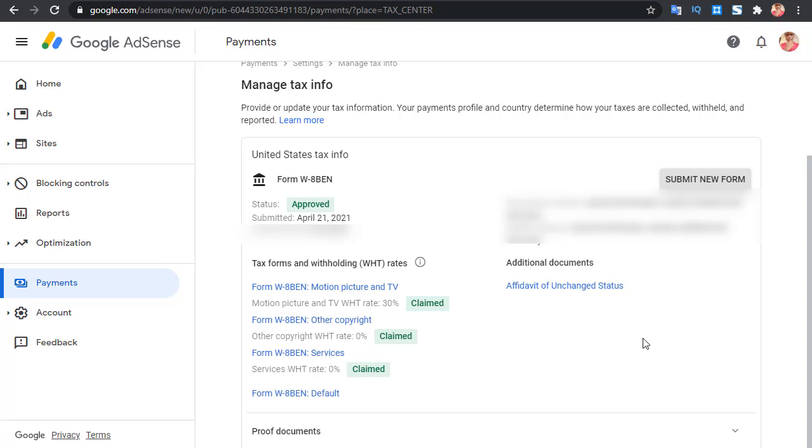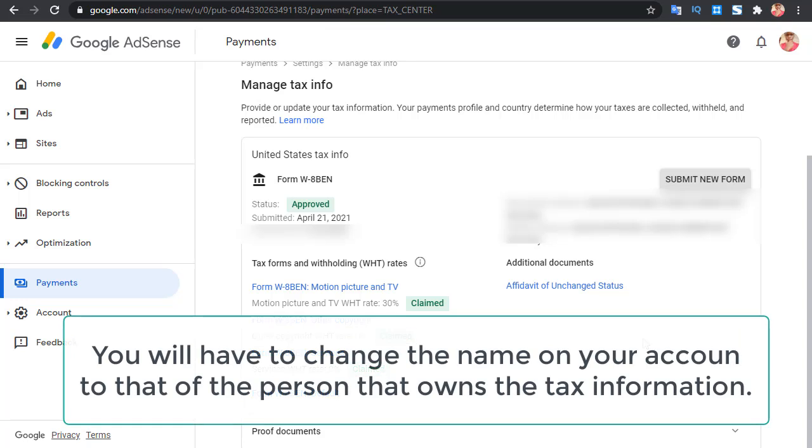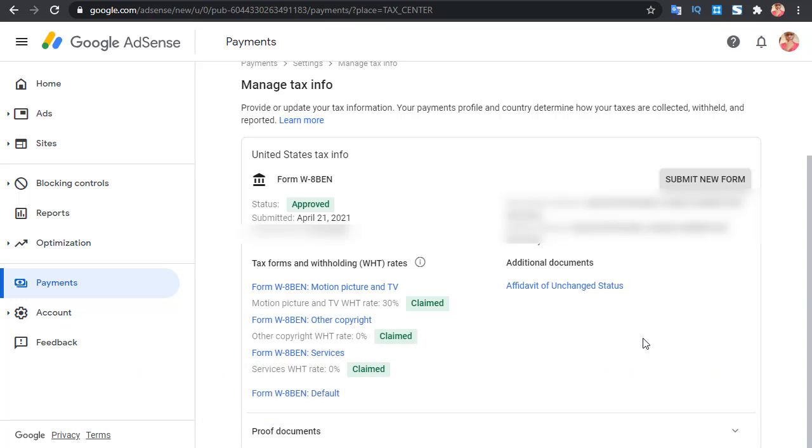So he's just sending you the tax document, tax identification number, and the address plus the country, and you enter it as I showed you. Before Google accepts this document, if you're choosing a country that is not the country of your AdSense account, and you're using the document of another person, then you have to change your name on your AdSense account to the name of the person that owns the tax document, to show that everything is in line and straightforward.